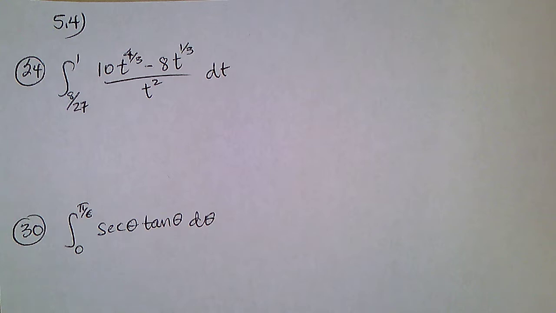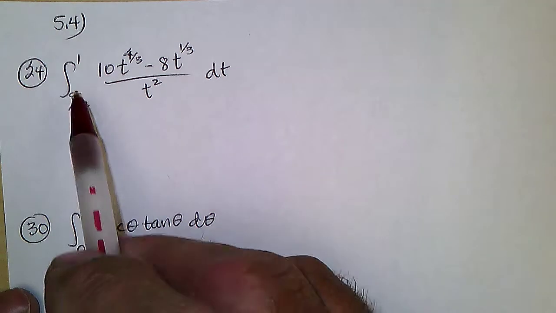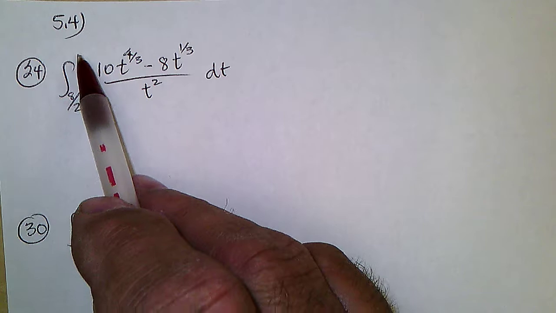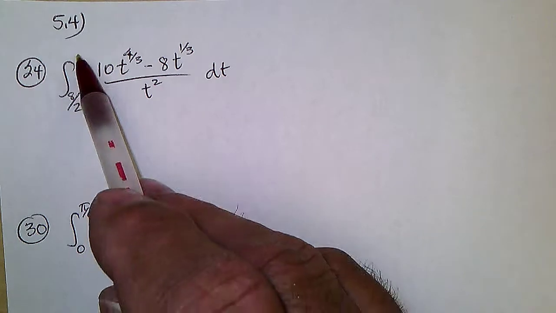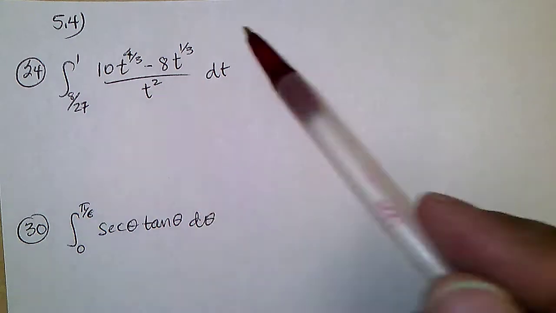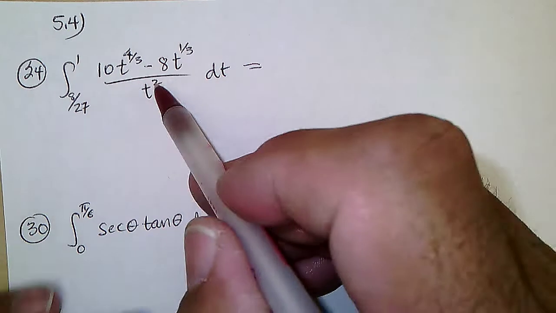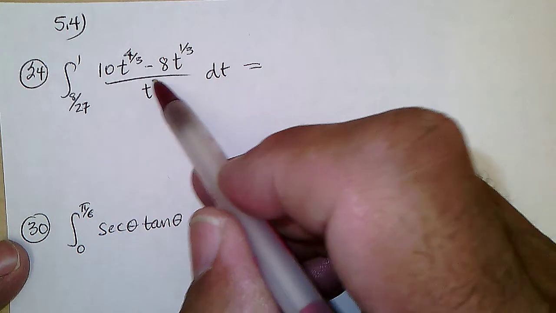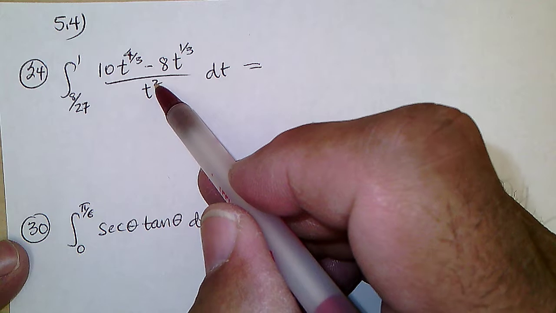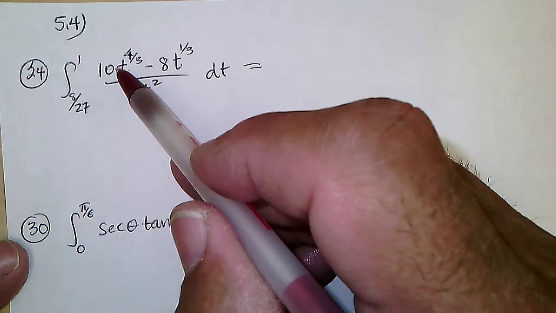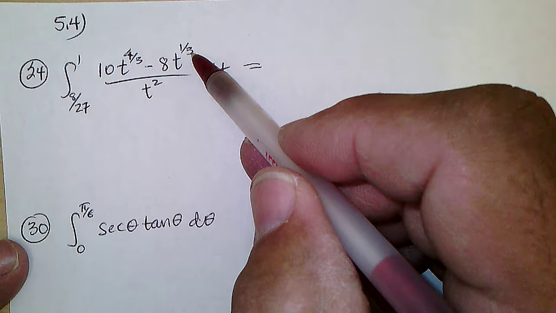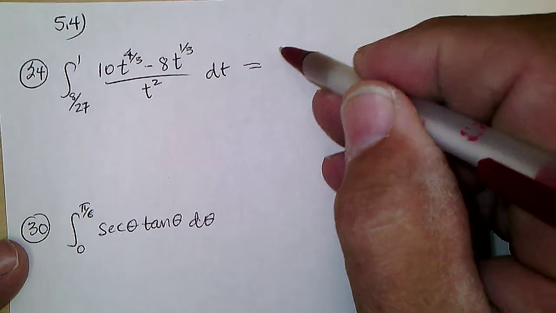Let's do 5-4. It says find the integral of this from this to 1 of this. Well, to do this, we're going to split this up. And t to the 2 in the denominator is t to the negative 2 in the numerator. We're going to take it times all this. So we're going to have the integral from